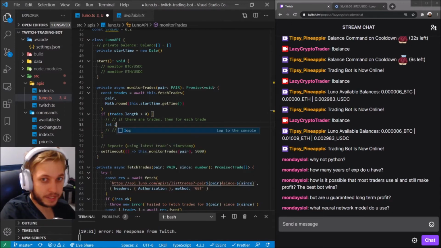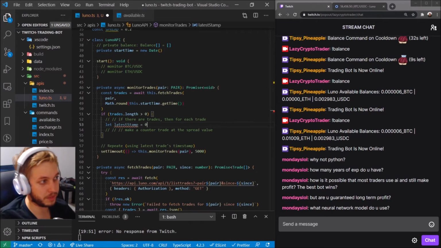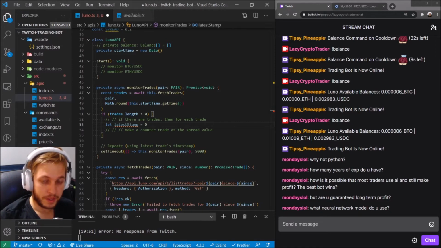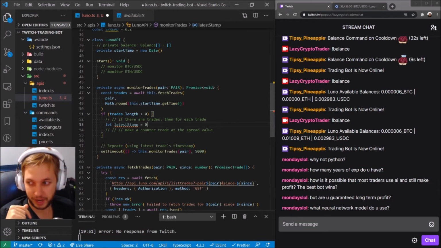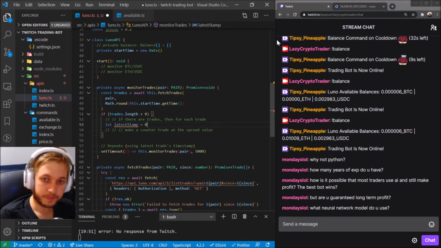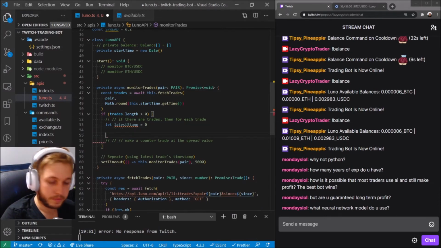I want to say let latestStamp, because that's going to be latest timestamp equals 0, because we want to get like the next and upcoming timestamp. I built this in such a way that we fetch it like for ask orders and bid orders, and we store that in like an actual object of values. So yeah, the way this is going to work is we'll say trades.forEach,